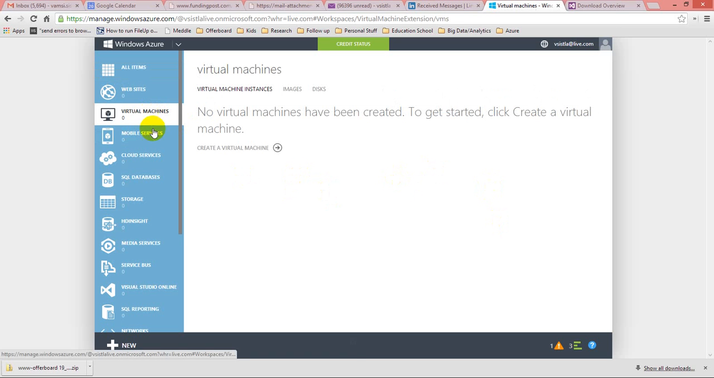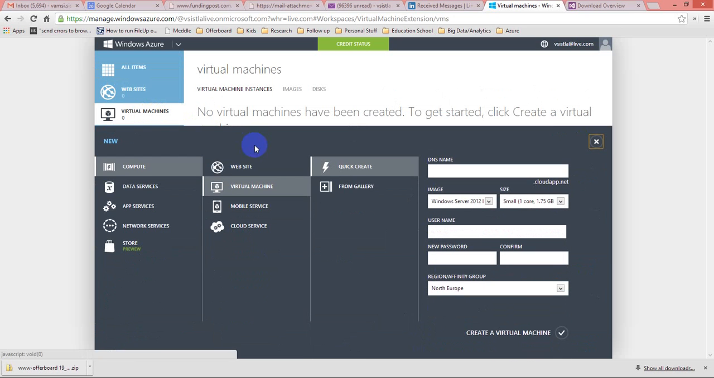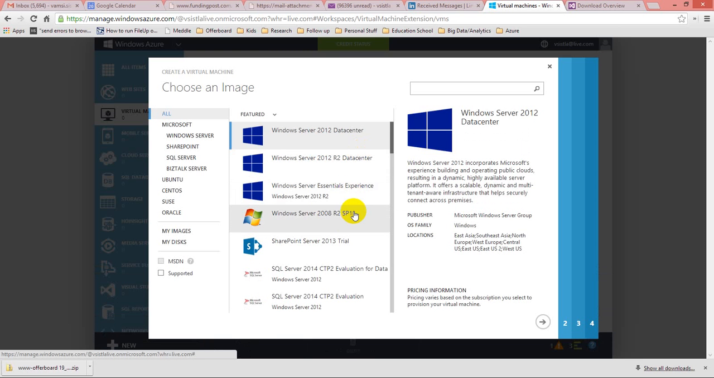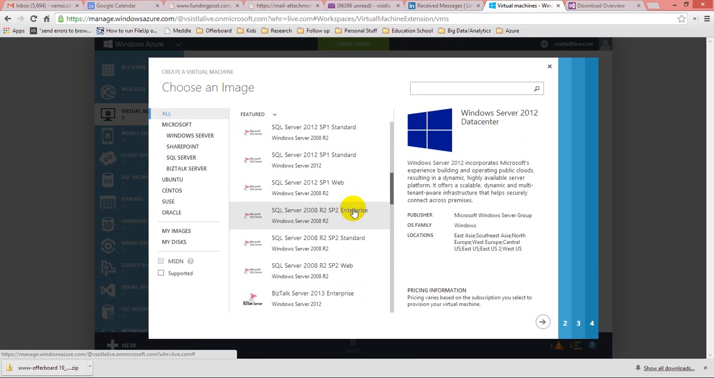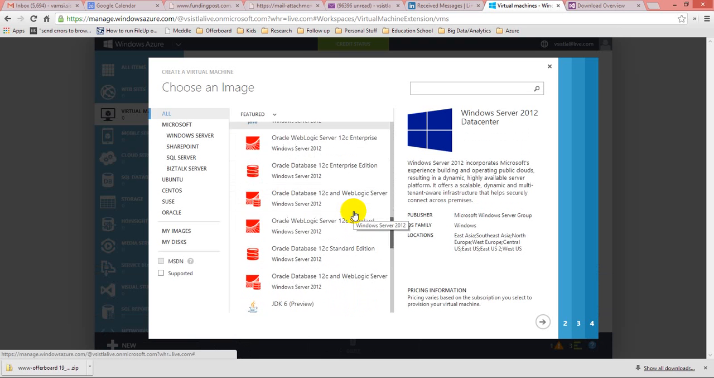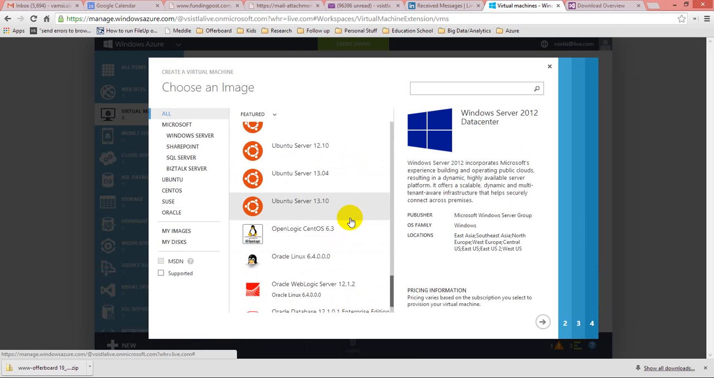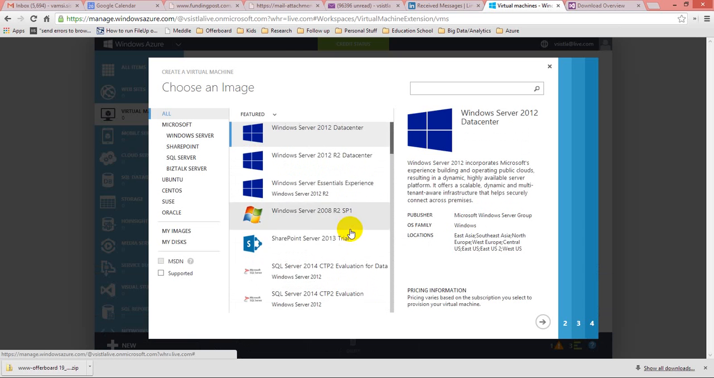I click on virtual machines here. Click on create a virtual machine. It gives me an option to create a quick version based on the standard option I have here and the size of the machine. Or I could also go into galleries where I can pick and choose from the standard images that they provide. Most of them are Windows based products, and the rest of them are all Linux based products. Pretty much all the commercially available Linux versions are supported